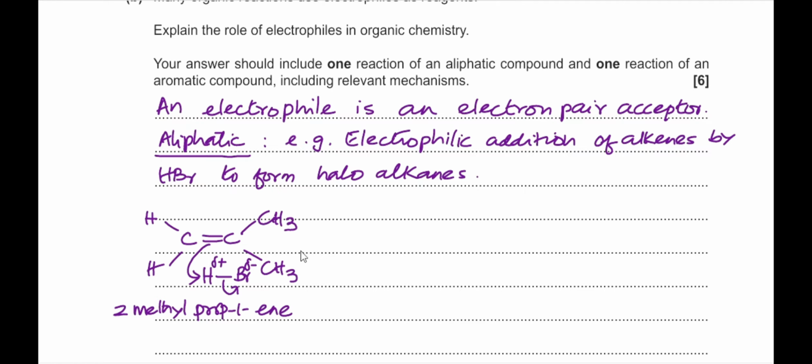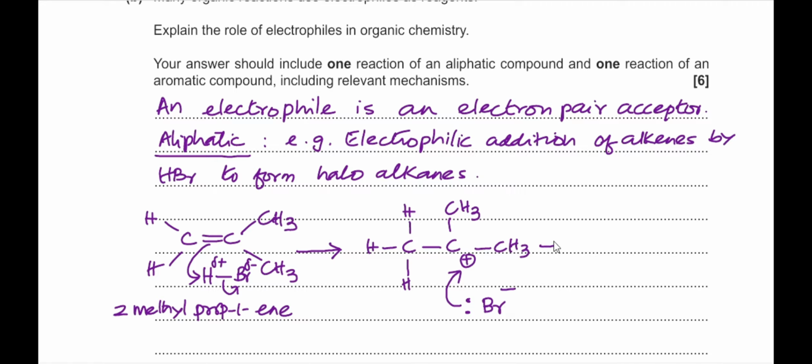This creates two intermediates, one of which is CH3, C with a carbocation, and then CH3 here, and the Br here with a minus charge and lone pair of electrons. Now it is attacking this carbocation, and further it gives